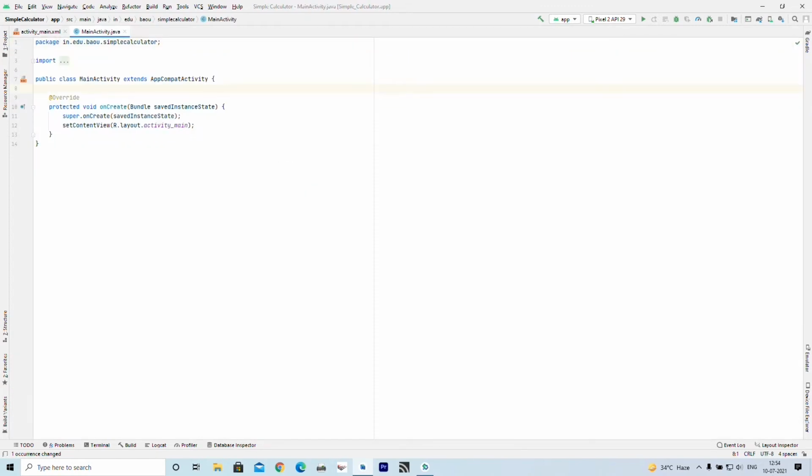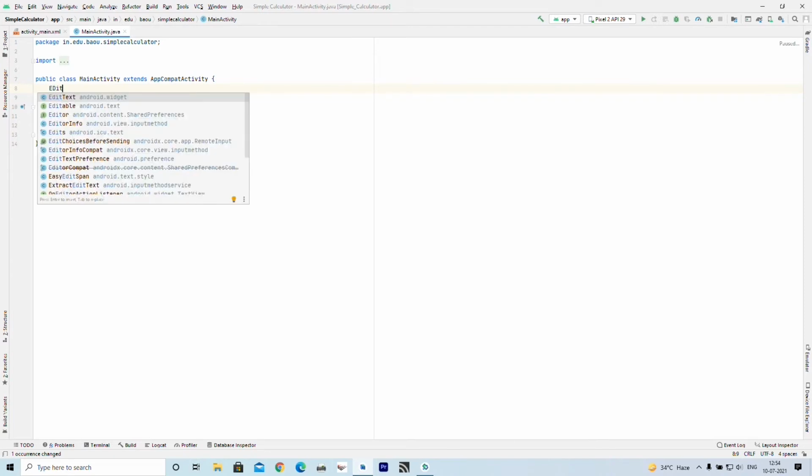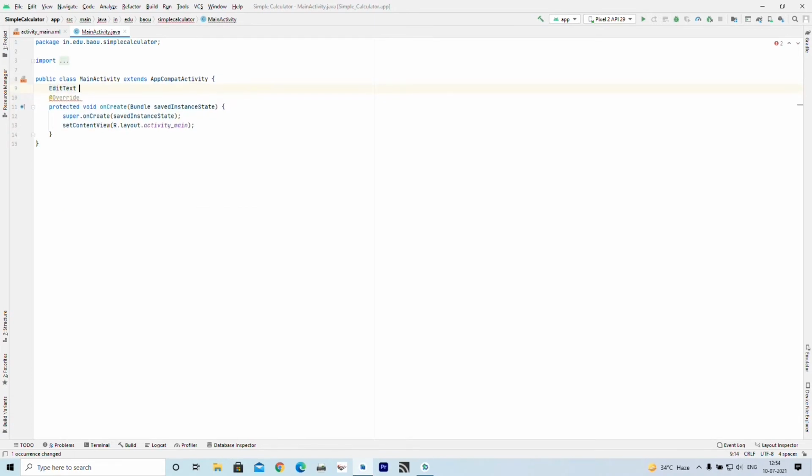Here we want to use 3 text boxes. So I am selecting edit text objects, no1 to represent number 1, no2 to represent number 2, and no3 to represent the result. And I want to declare 4 buttons.